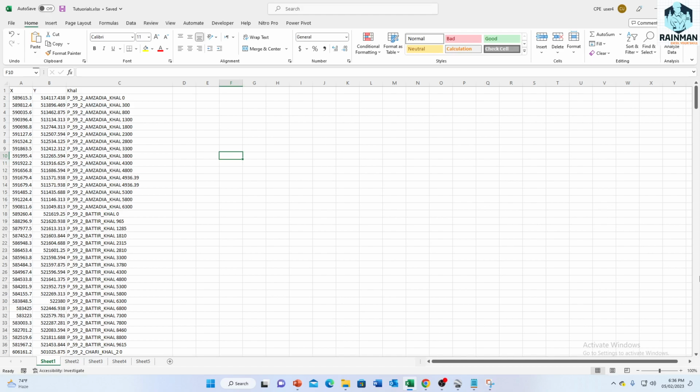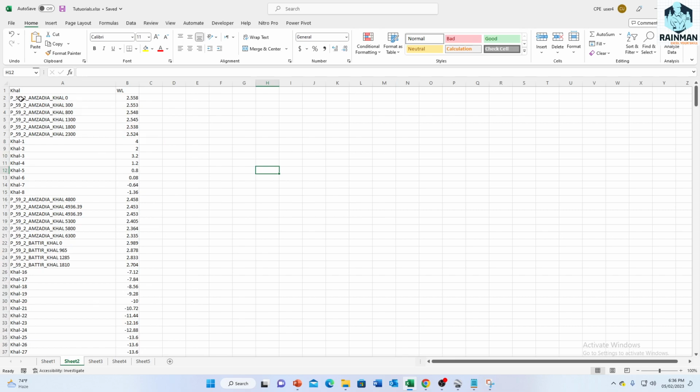Today we're going to learn how to use VLOOKUP and HLOOKUP with a real data set. Let's say we have a data set like this, as you are seeing on the screen. My first column is x, the second column is y, and the third column is the call name, and the corresponding calls are there. In my second sheet, this call and the corresponding water level are there in column